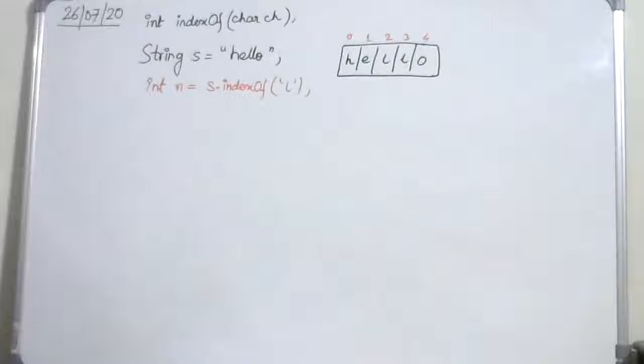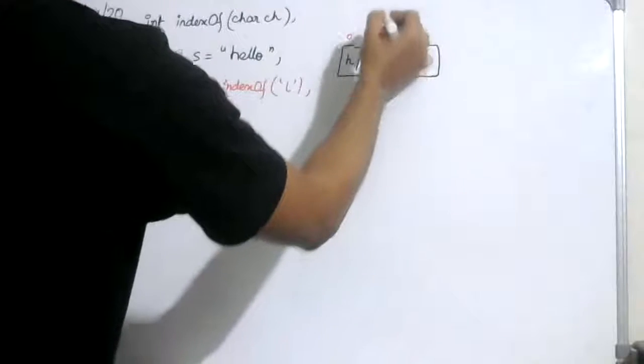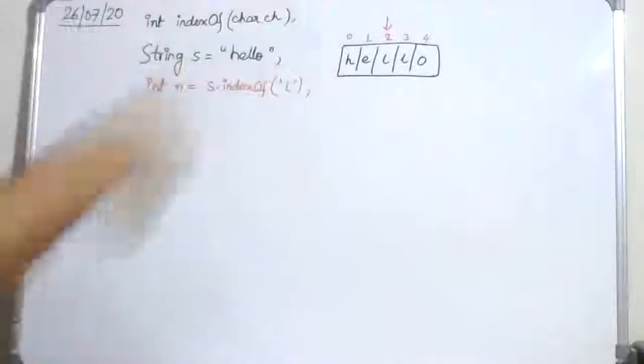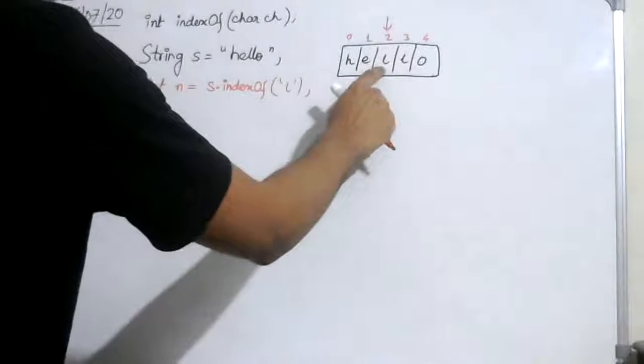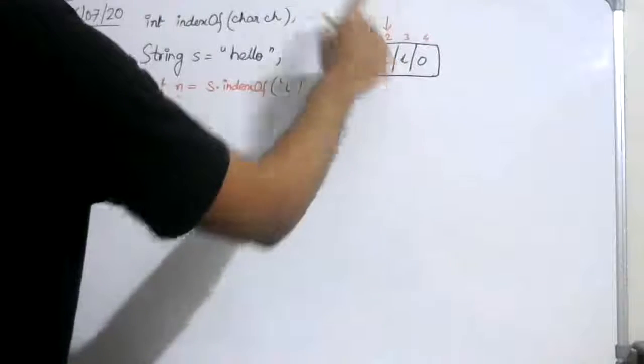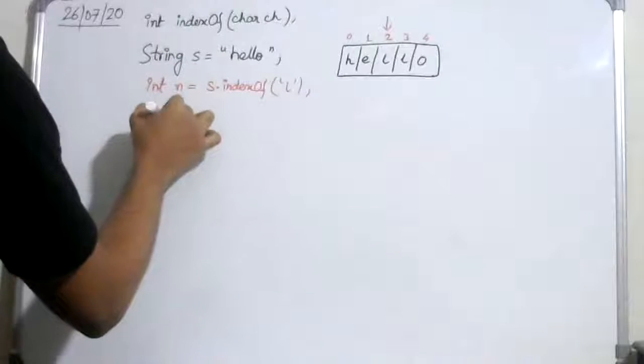If you take a look at the character array representation of the string, the first time that we encounter L is at position 2. There are more than one L's, but the first occurrence of the character that is passed as an argument is returned. So the first time that we are encountering L in the string is at position 2. So if we do SOP-ln,